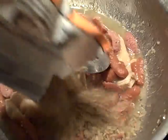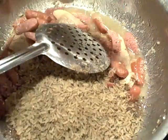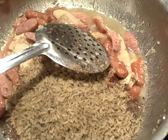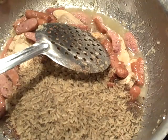We're cooking 2 packages. Okay. I mean, this is simple, right out of the bag type of side dish. Family, whenever you're cooking dinner for your family,